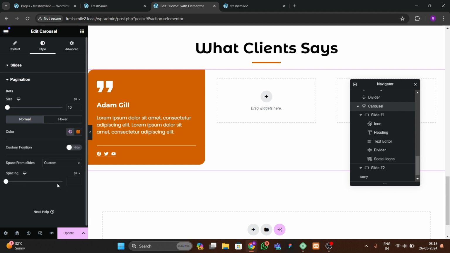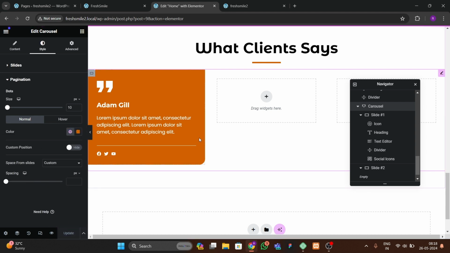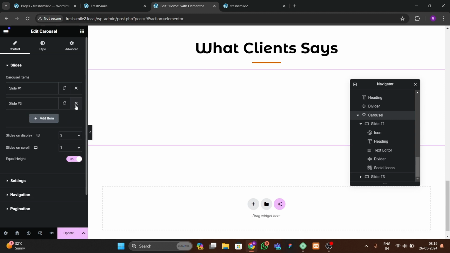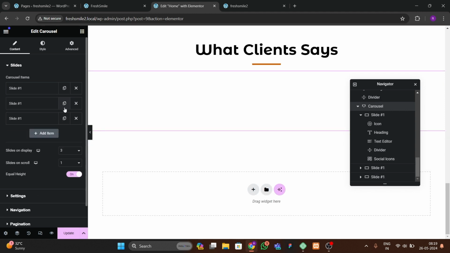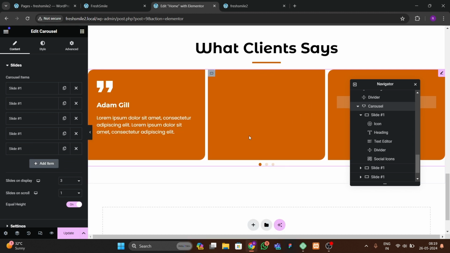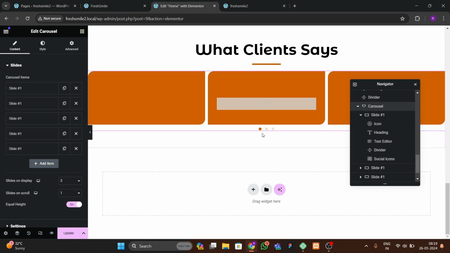So right now it is not showing the pagination because we have no slides. So what we have to do, we have to go to the carousel, go to the content, and here we're gonna remove this slide, this also. Just we have to duplicate this slide sometimes. Okay, so let's wait for it, and you can see that our dots are also coming,